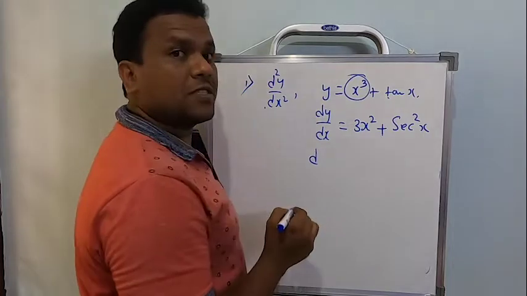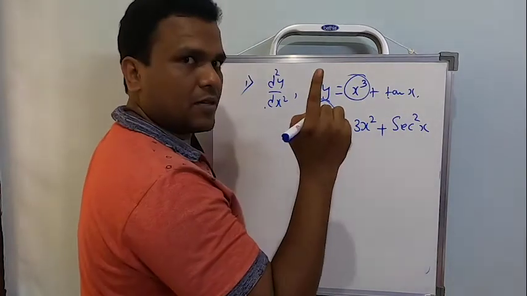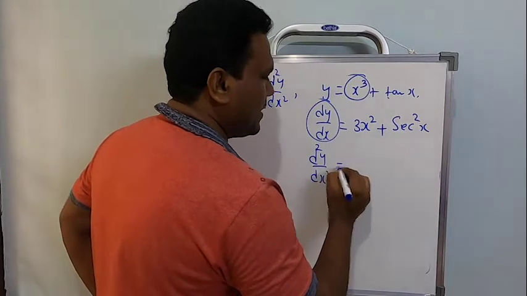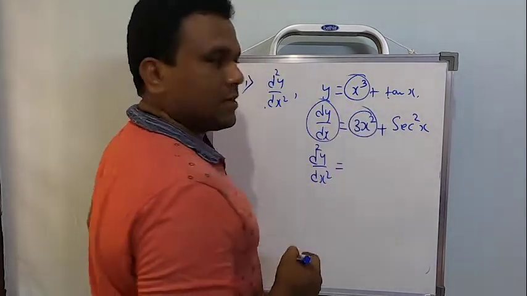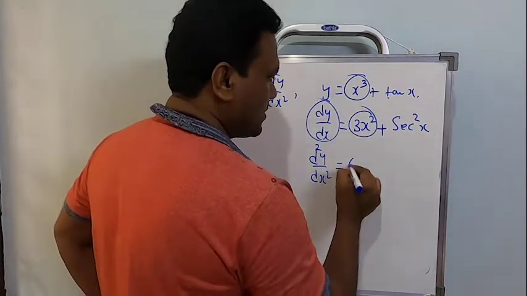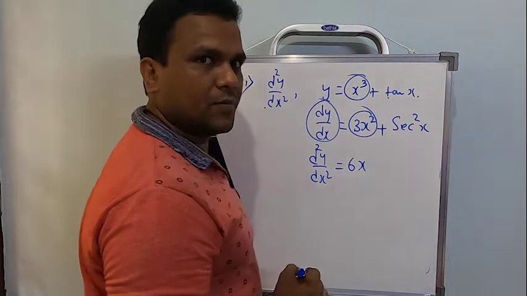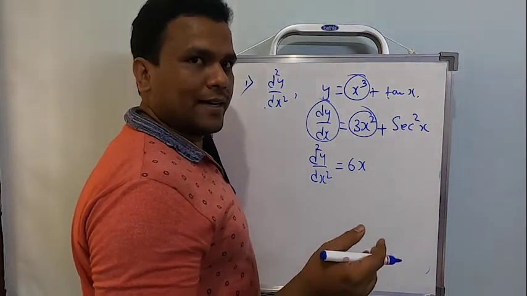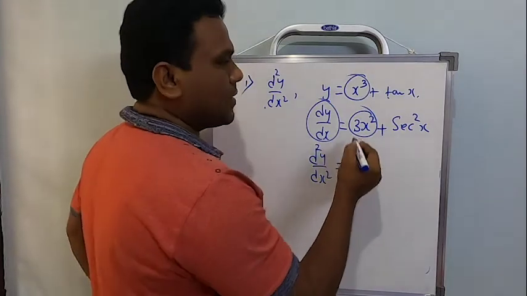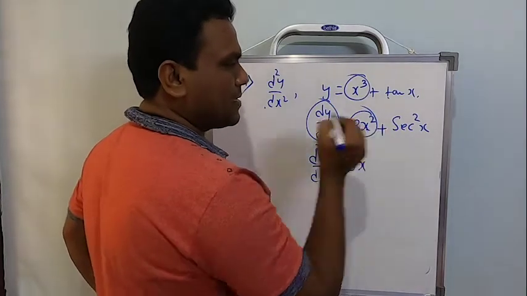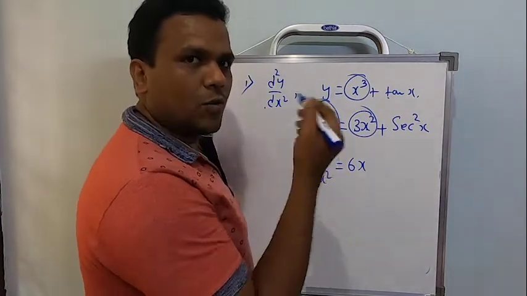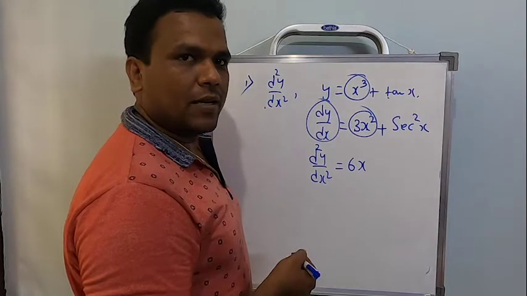Now, if I differentiate for the second time, dy by dx is first order. If I differentiate this now, this will become d square y by dx square. Now look here, 3x square. What is the differentiation of 3x square? So 3 into 2 will be 6, reduce 1 power, 6x. I've already told you how to do it directly. We have practiced enough problems in the basics. Otherwise, 3 is a constant, keep it as it is. Differentiation of x square will be 2x. Please come to this stage. It's almost the end of the topic, the end of the chapter now.